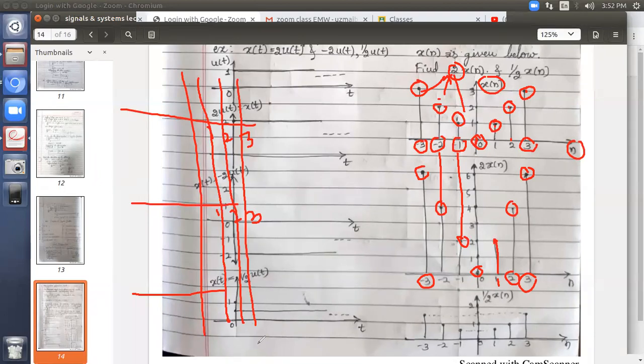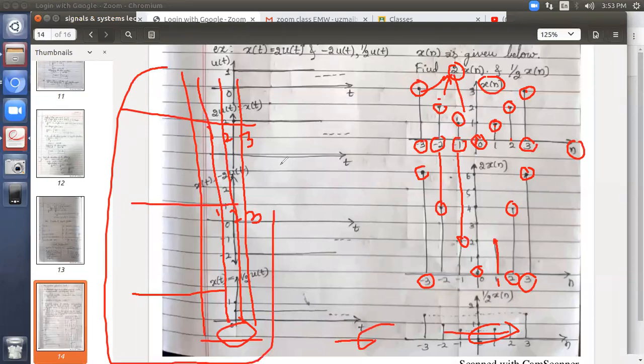What happens is, sometimes students, just to save space, draw the signals like this, but this will create confusion. It's very difficult to keep track of the times if you do it like this horizontally. Don't draw the signals like that. Always try to draw the signals one below the other, and all time values should coincide in a vertical fashion. Okay, have this habit.